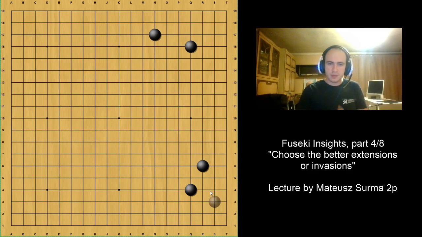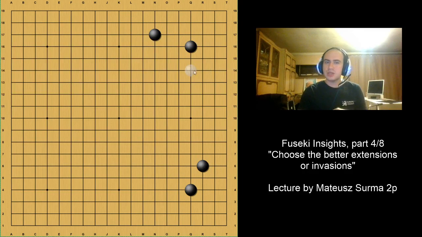Here in this shape, we can actually check some other variations, what is possible to play. So for example, in this lower right corner, when we have this normal keima, like this stone here and this stone here, when it's closer, usually it's a little bit less interesting for white to enter the corner. This corner is not that big. Black is stronger there. So when we compare this situation here with this situation on the top,